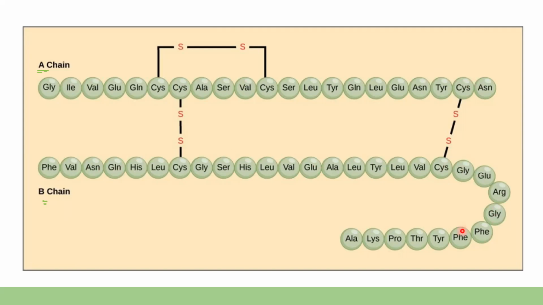ठीक है, then further we'll talk about कि इनके बीच में भी different bonds are made, so we'll talk about that afterwards. But right now this is the polypeptide chain that they've shown you here, A chain and B chain. ठीक है, and you can see the amino acid sequence is different in both the cases. ठीक है, so this is actually what is decided by the DNA.